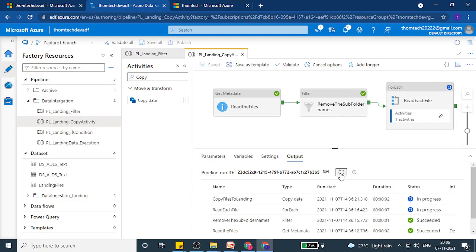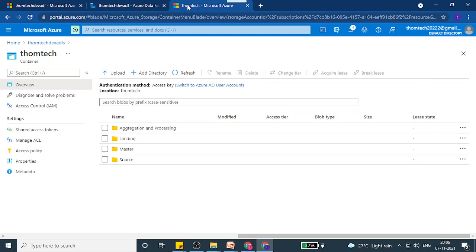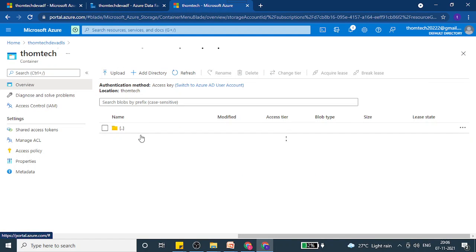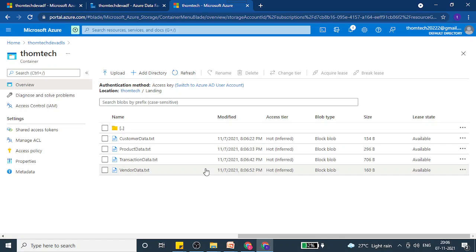Now let's see what happens. Now it's executing, and since we have selected the sequential mode, that is the reason it is running one by one. You can see it started at this time and then the next one is starting now. Okay, so the two files are loaded to the landing zone, so we have two more to go. Yes, third is complete, now the fourth one has triggered. Now in the meantime, we can go to the data lake, get inside the landing zone. See, we have all the 4 files now landed in the landing zone successfully.